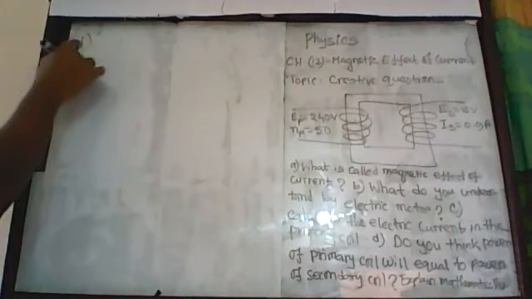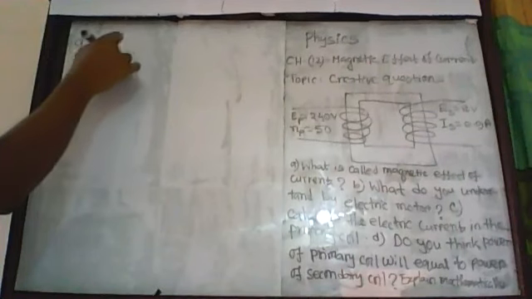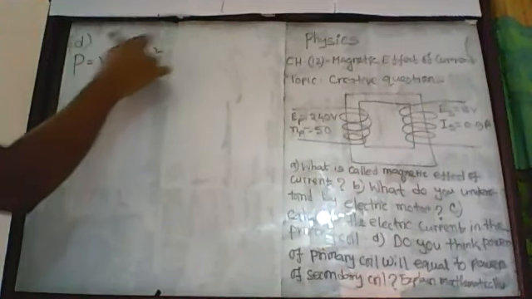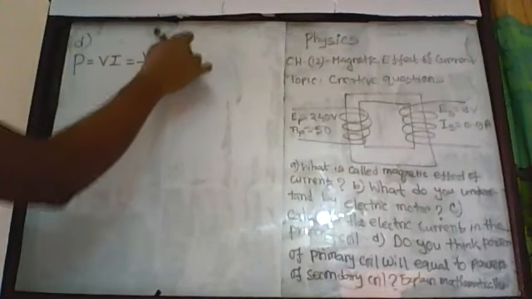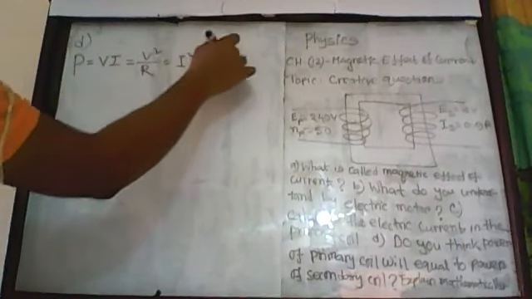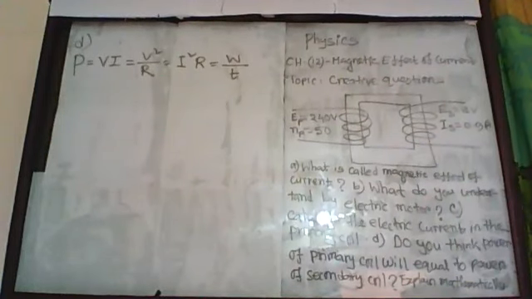Okay. Now, boys and girls, go to question number D. You know from the previous chapter that you can find the formula of electric power very easily. The formula of electric power P will equal V into I, will equal V square divided by R, will equal I square into R, will equal W divided by T. These are the formulas, or my tools here, to find the electric power of any kind of coil.